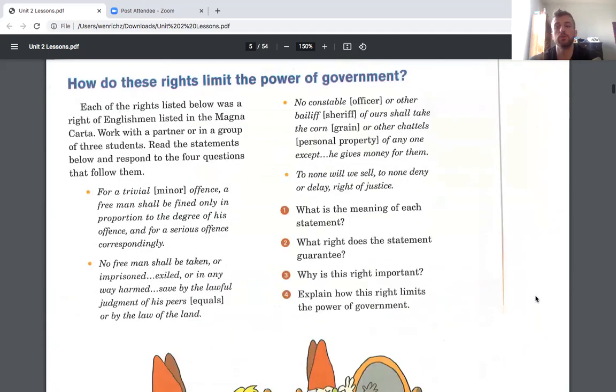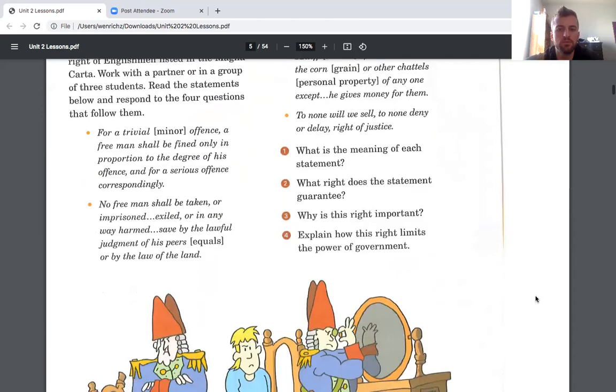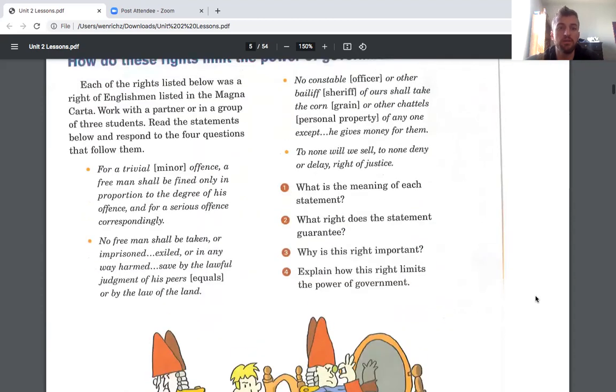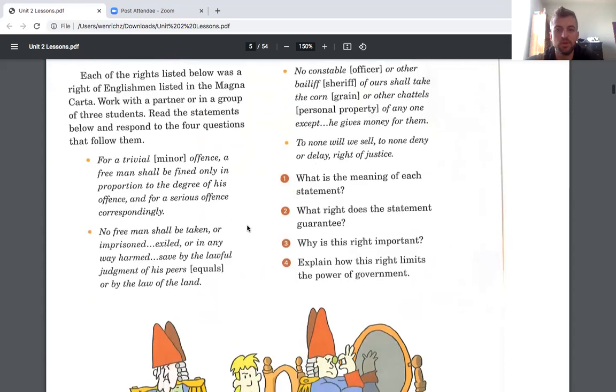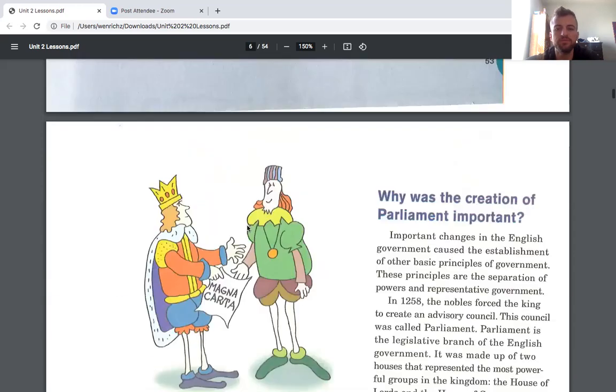And on the module for Unit 2, you should see a couple of articles about the Magna Carta there. And again, this part here is just little bits and pieces from the Magna Carta, and we will skip that for this video. But they are fun to think about. And what you should see is how some of these ideas from the Magna Carta are going to show up in our Constitution. So here we go.